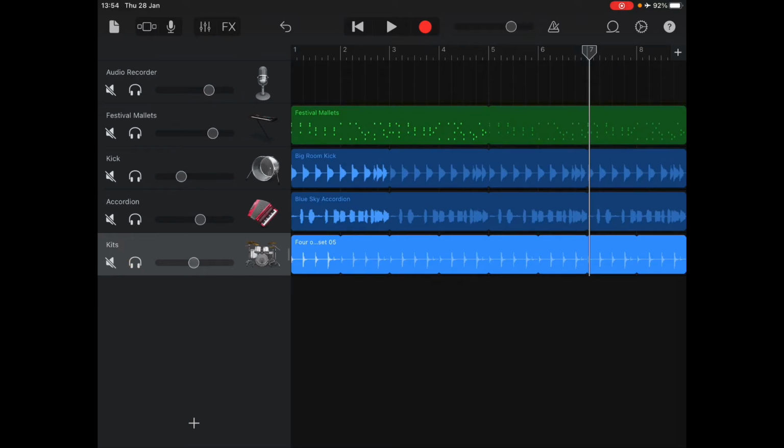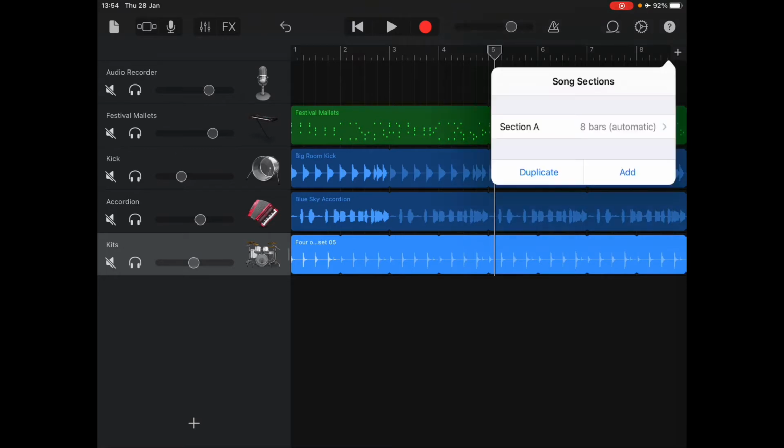as you wish. Okay, so what we're going to do now is I'm going to show you how to make our song longer, because at the moment it's only 8 bars long. What we need to do is, there is a plus button, if you can see, it's not there now because I've just put that there, but once I let go of this, just on the right underneath the question mark, there is a plus button, and if we press that, we get given a drop down menu with song sections,